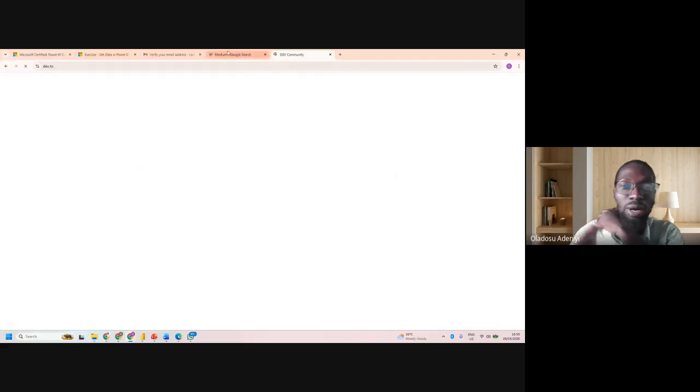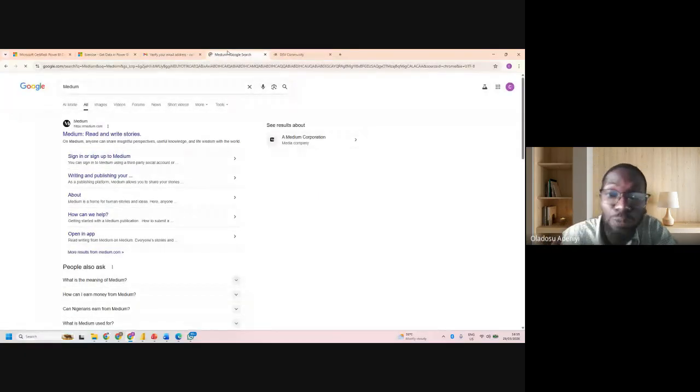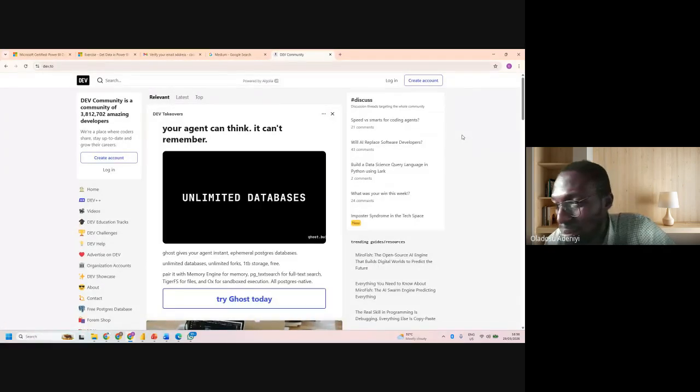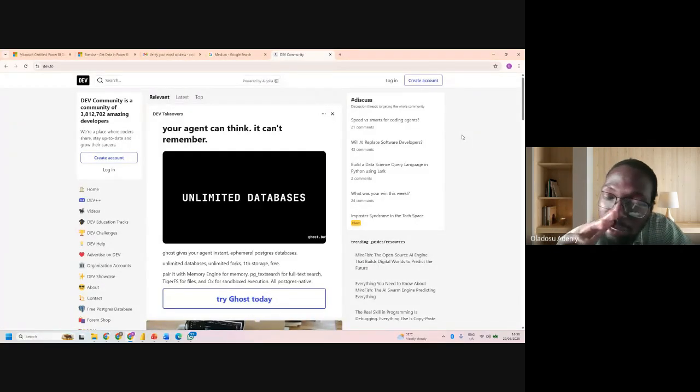Now, how can you use it too? The first thing is, okay, let me start with dev.to. Setting up Medium is very, very easy, and likewise dev.to.